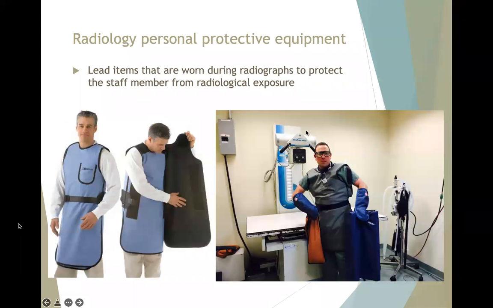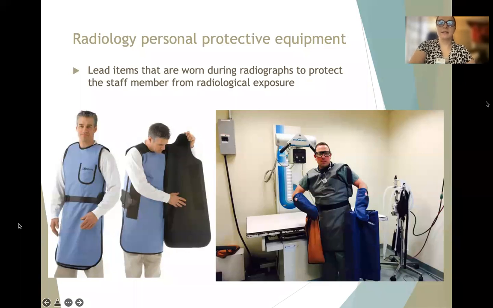All right, last slide for today. Just touching again on some radiology personal protective equipment, so our PPE. When in radiology, the staff will need to be wearing a lead apron, as shown. You can also be wearing lead gloves, especially if your fingers are near the beam. They have a thyroid collar on, so this is just a lead collar that'll go right along your thyroid area to protect that. And then if needed, they have a sandbag next to them that they can use to prop